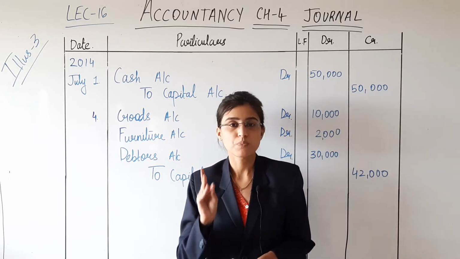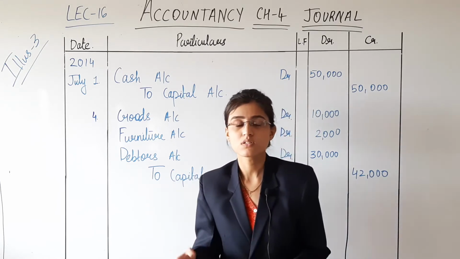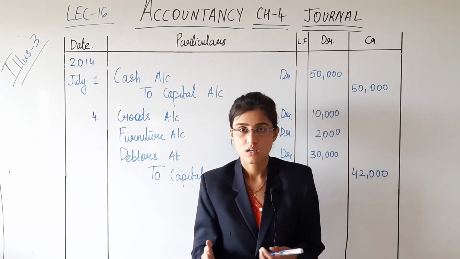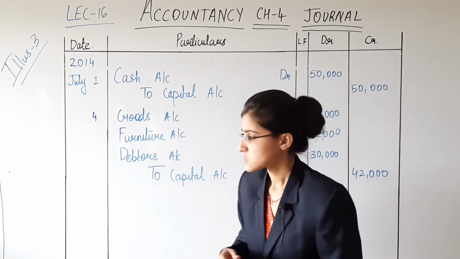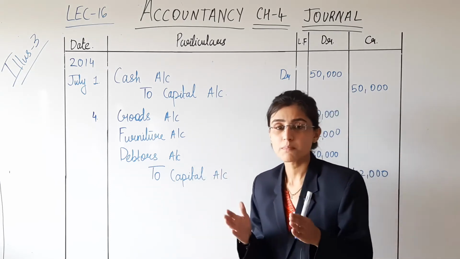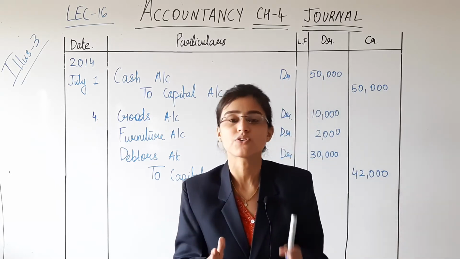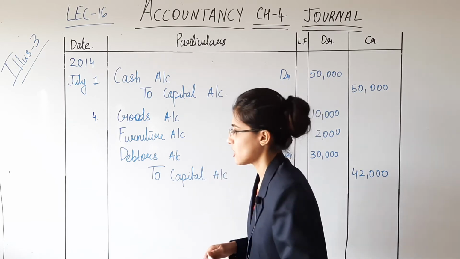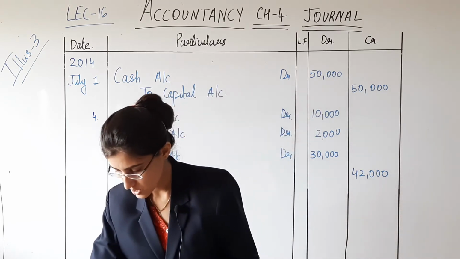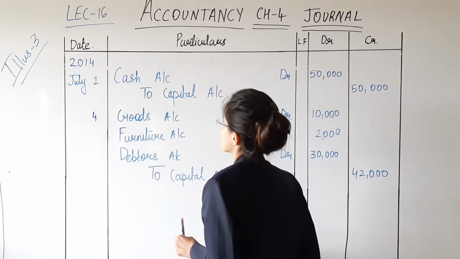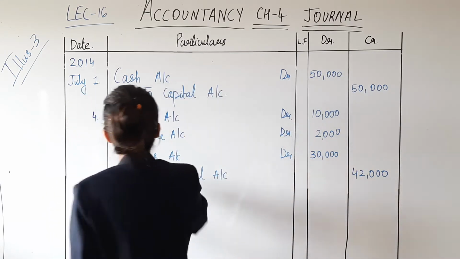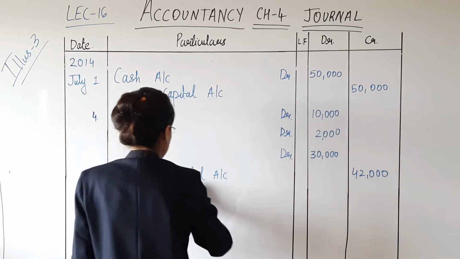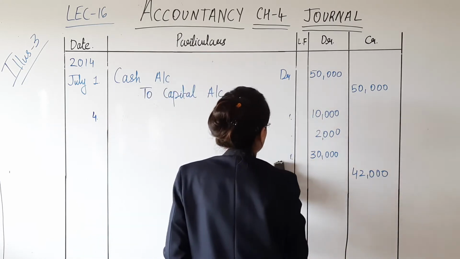Even if the bike was worth rupees 50,000, 60,000, 70,000, even if it was sold for rupees 1 lakh or more than it, it does not matter for us here. Only what matters is how much amount has been introduced in the business. How much? 10,000. So cash comes in the business. This transaction is on the 10th of July. So again I will be writing it down here. Yes, so we'll have to erase the previous journal entries.